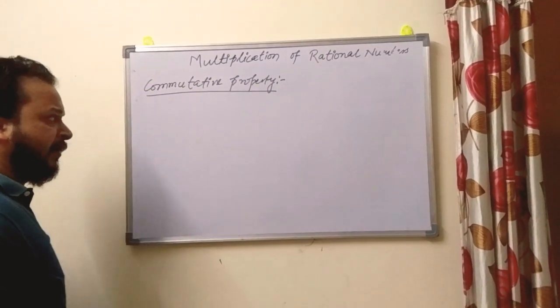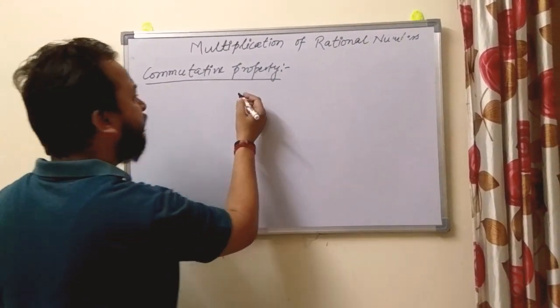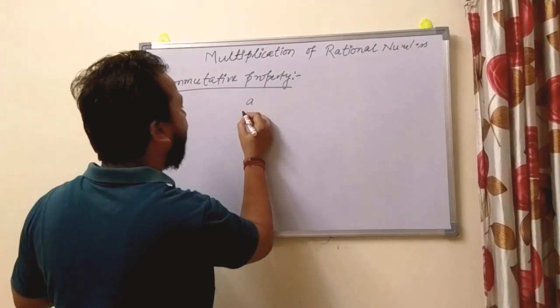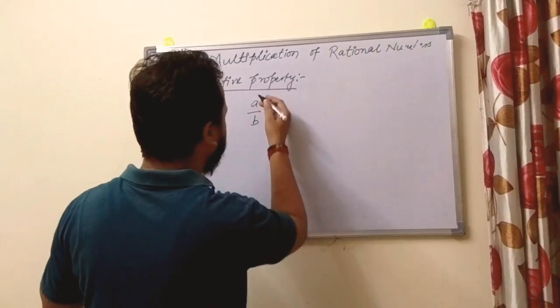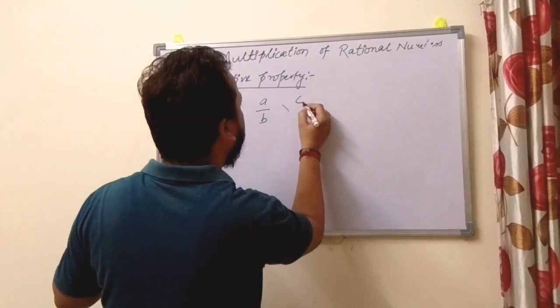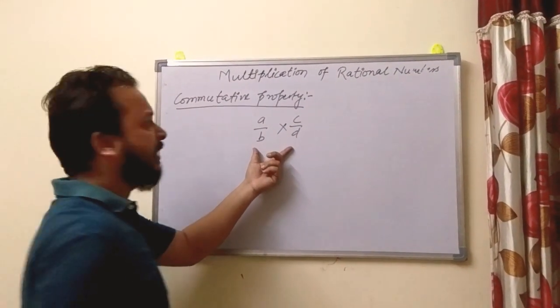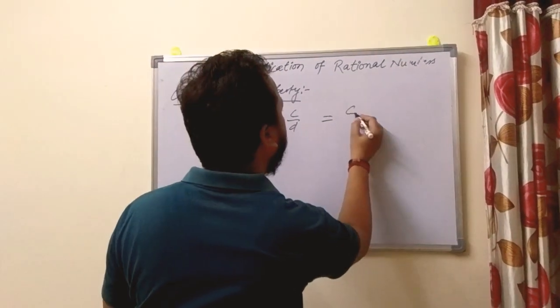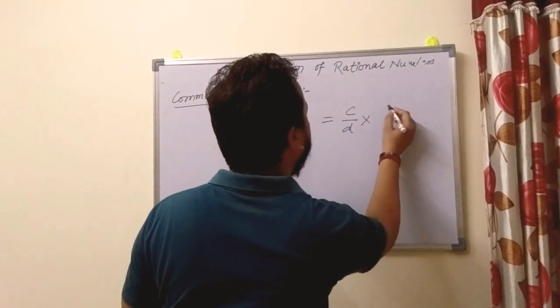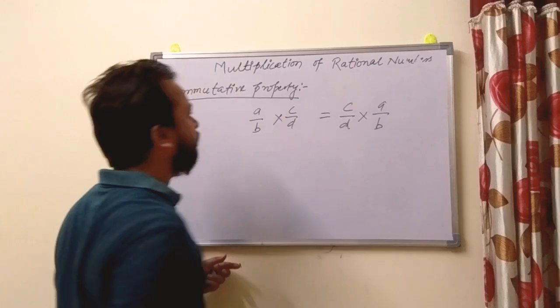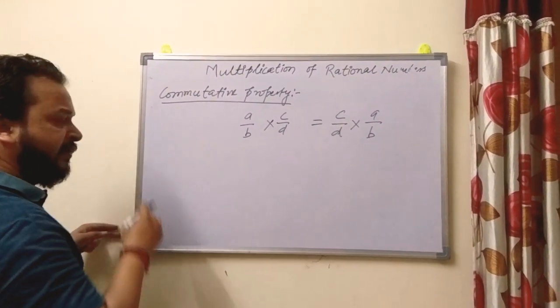In the commutative property, if we are taking two rational numbers, a by b and c by d, their product will be the same irrespective of their order. Take an example,